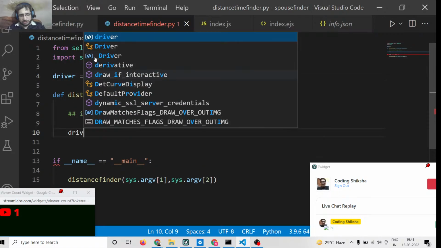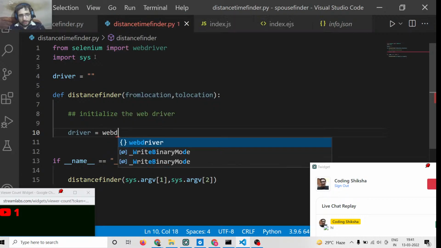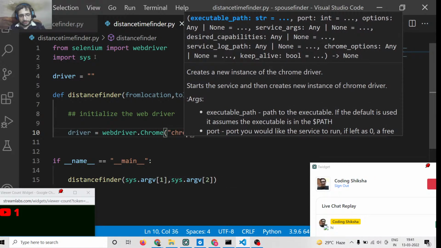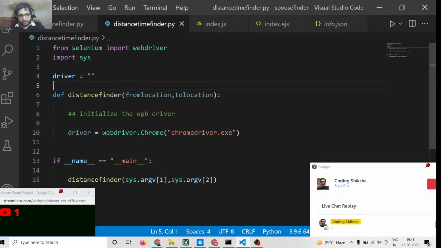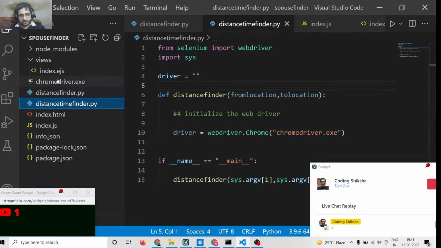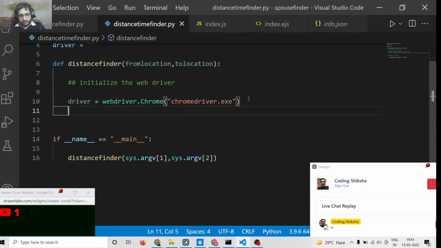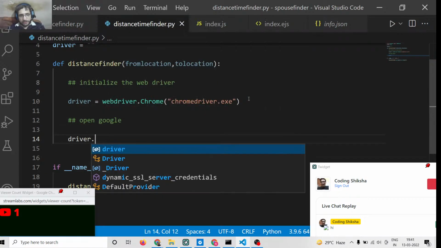And inside this function, you can define it: driver is equal to webdriver.Chrome, and then pass the executable path, which is chromedriver.exe. This file is present inside the same directory, so here we are writing chromedriver.exe. After this, we need to open google.com. So we will say driver.get